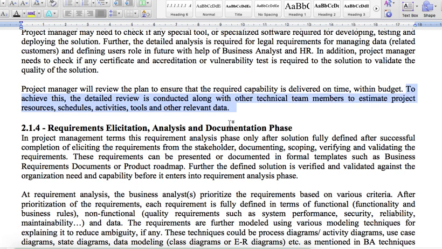Okay, because everything will be updated at a later stage once we have a clear picture about the actual definition, the requirement definitions, and what will be the approach for implementing the solution. So everything will change based on that. Okay,